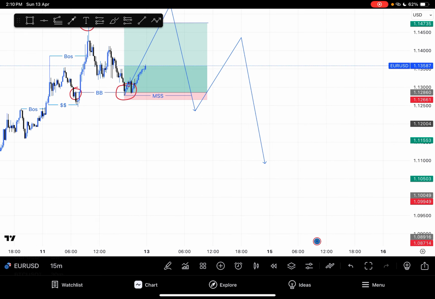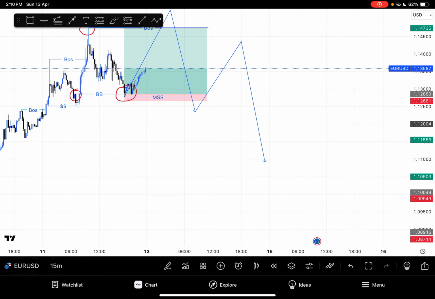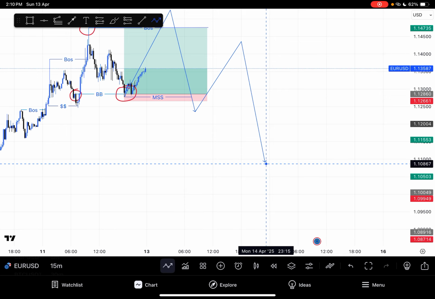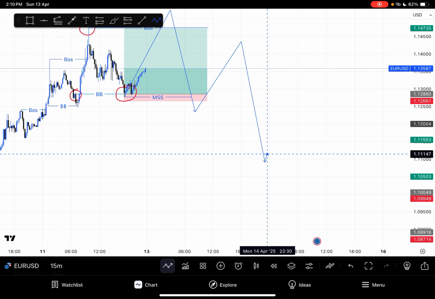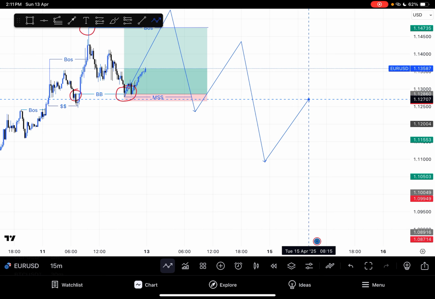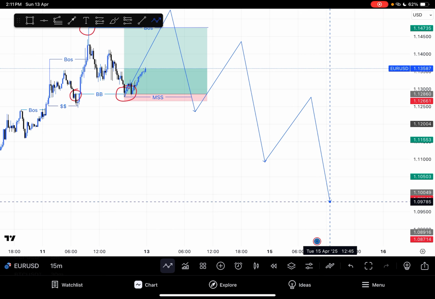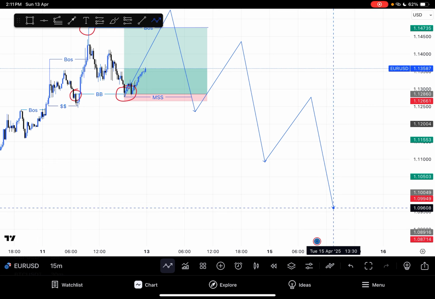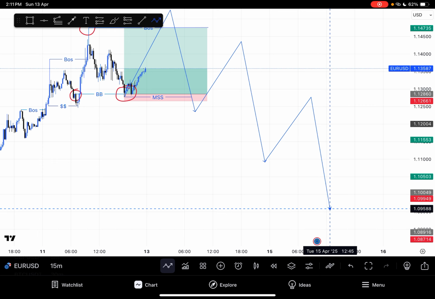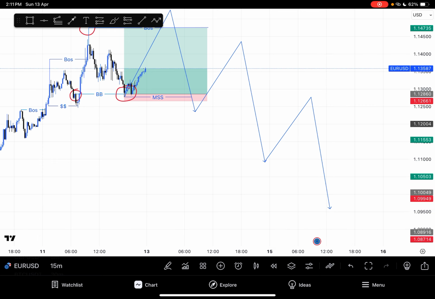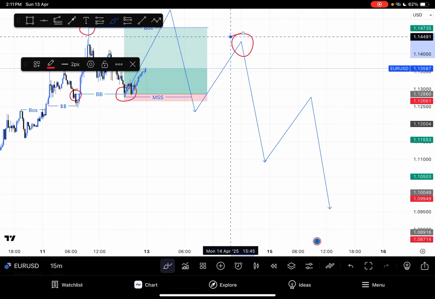Once price hits your take profit, you wait again for price to go back and do the second pullback, which will retest on a breaker block or an order block. So this will be the second pullback. You can still aim for the previous low, or use a 1:5 risk to reward ratio. Once price hits the take profit again, you stop taking any trades, because price has done the first pullback